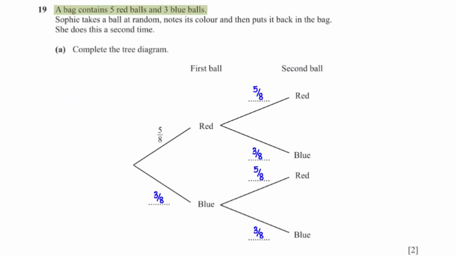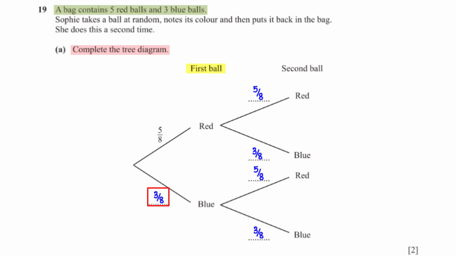A bag contains 5 red balls and 3 blue balls. Sophie takes a ball at random, notes its color, and then puts it back in the bag. She does this a second time. Complete the diagram. On the first pick, the probability that she picks a blue ball is the number of blue